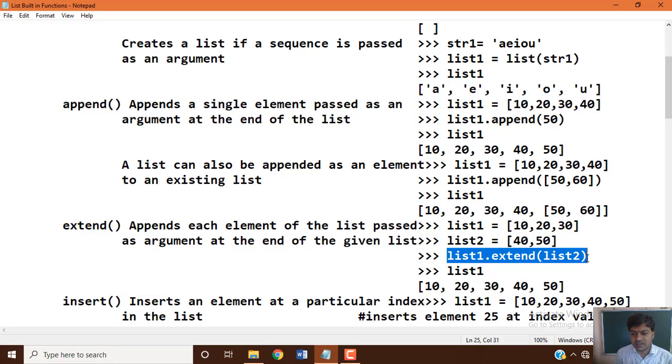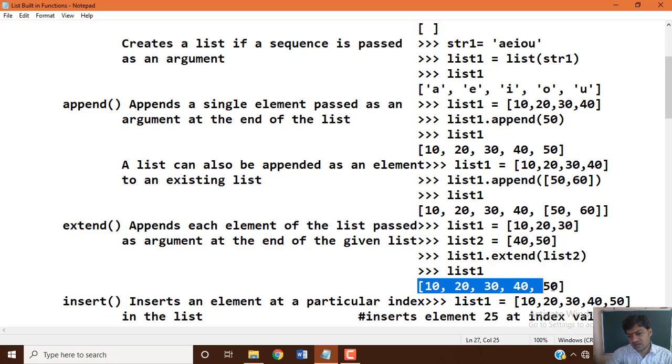In the extend function's parentheses, we are passing a list variable. Now when you execute and look at list1, you will see the extended list: list2's data items are added at the end of the existing list1 variable.